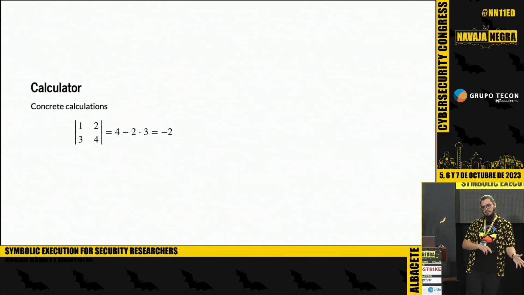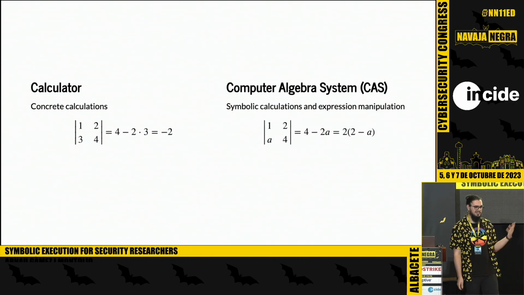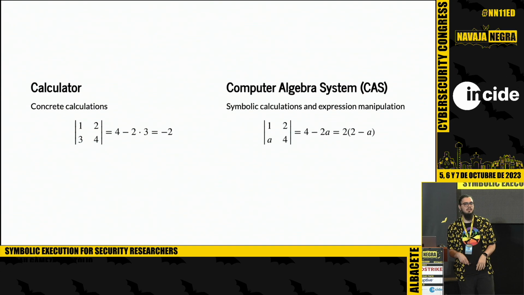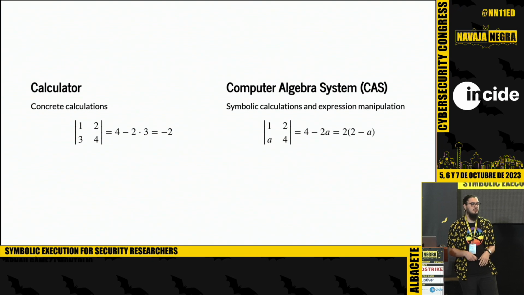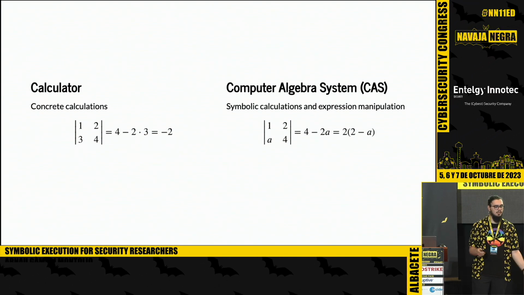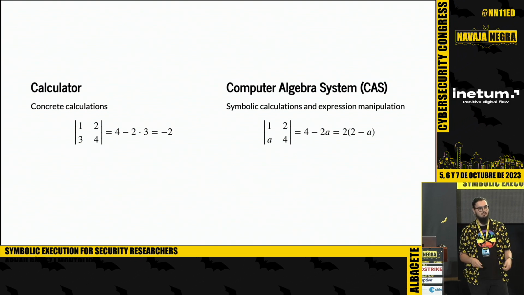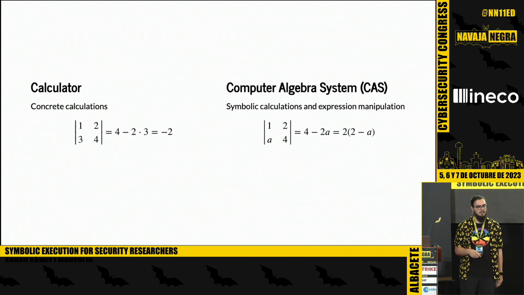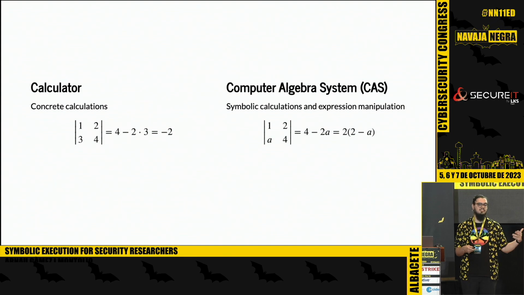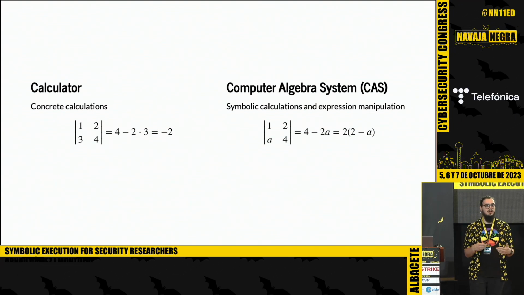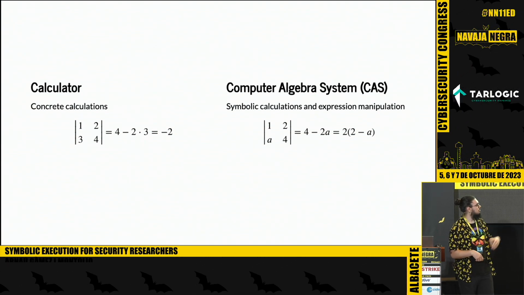And I want to make the comparison with what is usually called a computer algebra system, which has a very fancy name, but the only thing that it does is plug into a computer a way of reasoning about math or code, if we want, that deals with parameterized inputs. That's what you do by hand when you have to solve some equation, where you have to work through some system that has some unknowns. Well, you have to work with things that you don't know beforehand, so you cannot compute an actual calculation, a concrete output. You have to carry on, in a way, the symbol or some of the symbols,